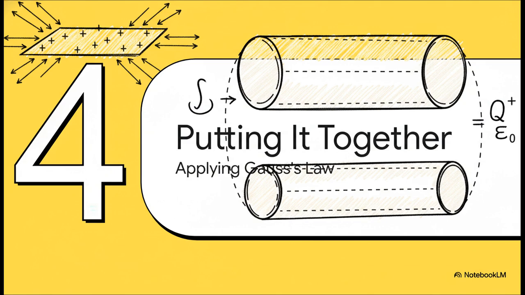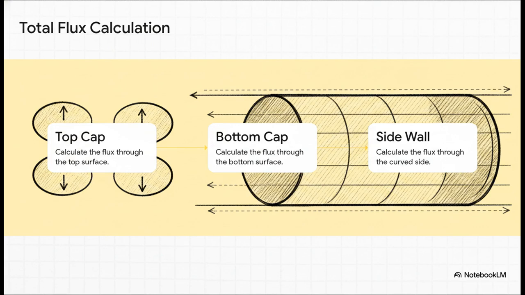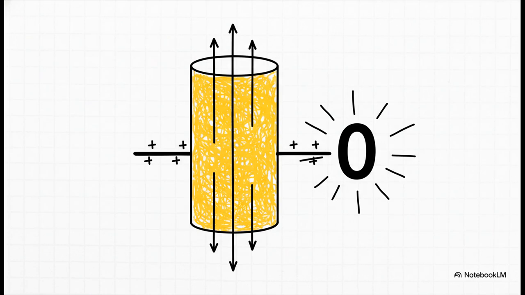And you're about to see just how incredibly simple this whole thing becomes. So remember, Gauss's law cares about the total electric flux going through our whole closed surface. For our cylinder, we can break that down into 3 easy parts: the flux through the flat top, the flux through the flat bottom, and the flux through that curved side. And right away, we get a huge win. The flux through that whole curved side, it's 0. A big fat 0. Gone.